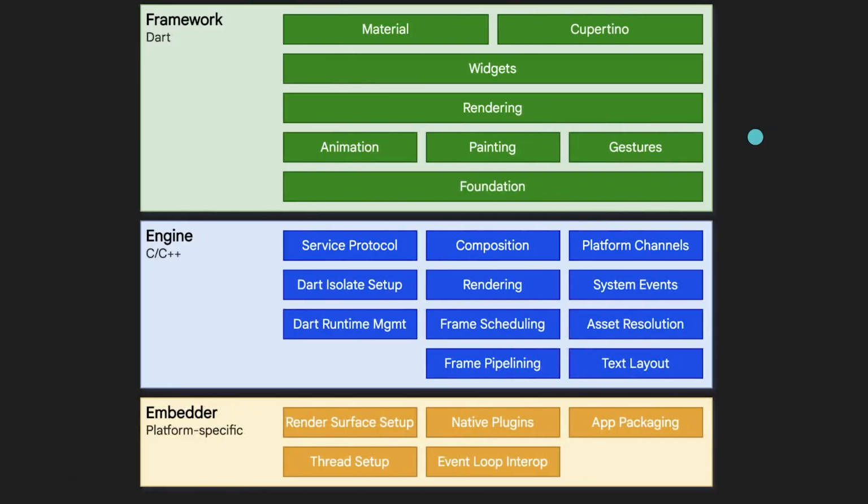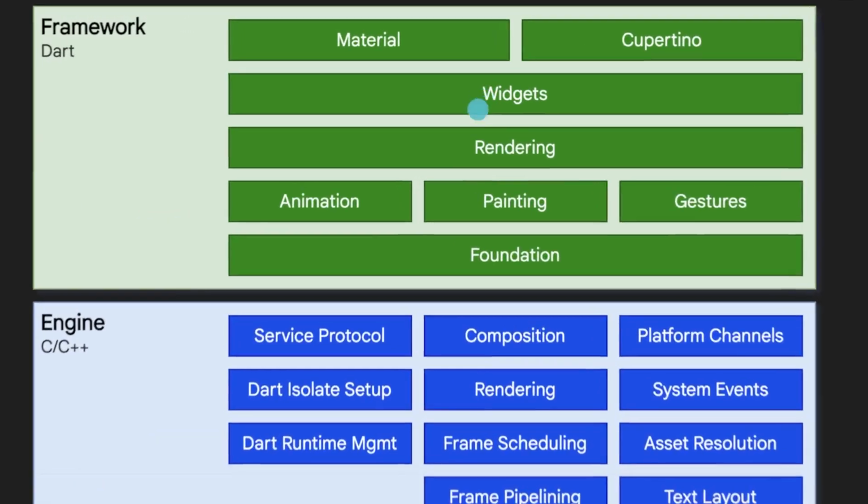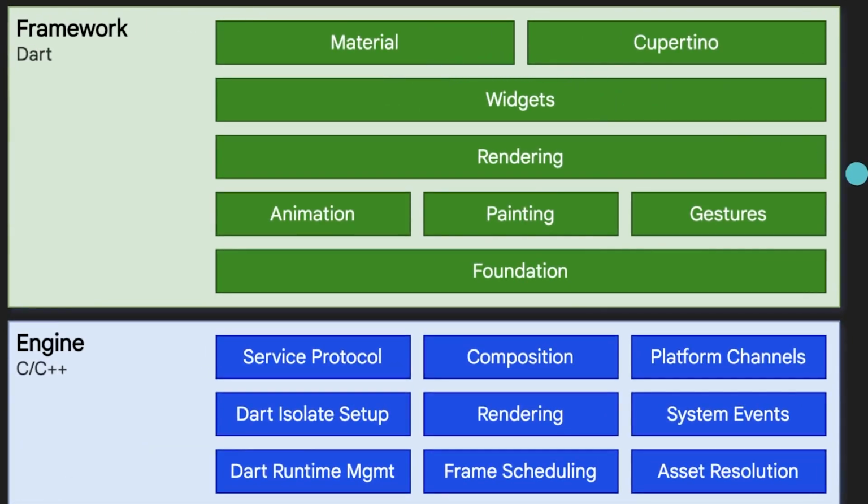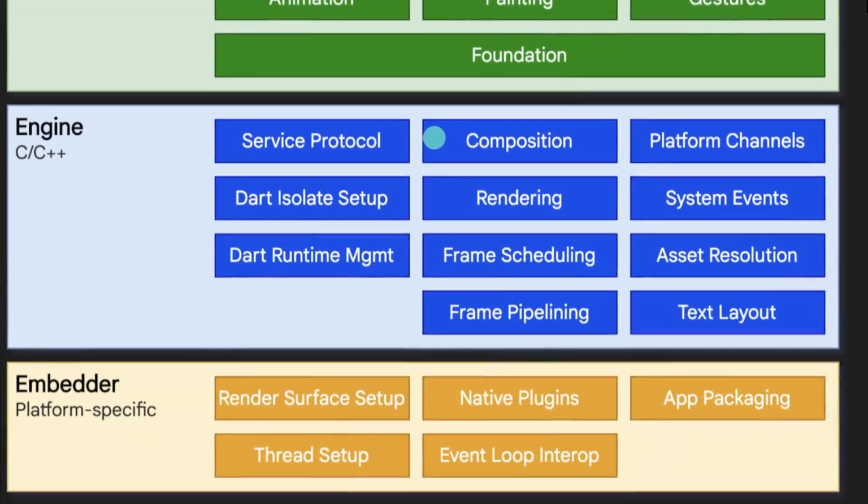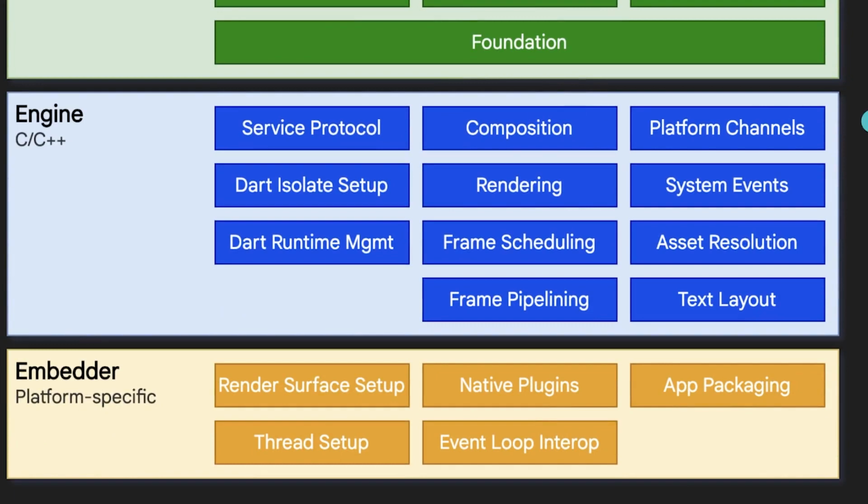Now this last slide, you don't have to memorize it all. It's just a high-level overview of how Flutter works. So at the very top, you have the Flutter framework itself. This is what you would be interacting with as you write your Flutter code. This uses widgets to create the user interface and everything the user will be dealing with. But this framework is just the top level. Right under it is the Flutter engine. This takes care of the background tasks that it actually takes to run software. So things like rendering and frame scheduling and pipelining, all of these are handled by the Flutter engine.